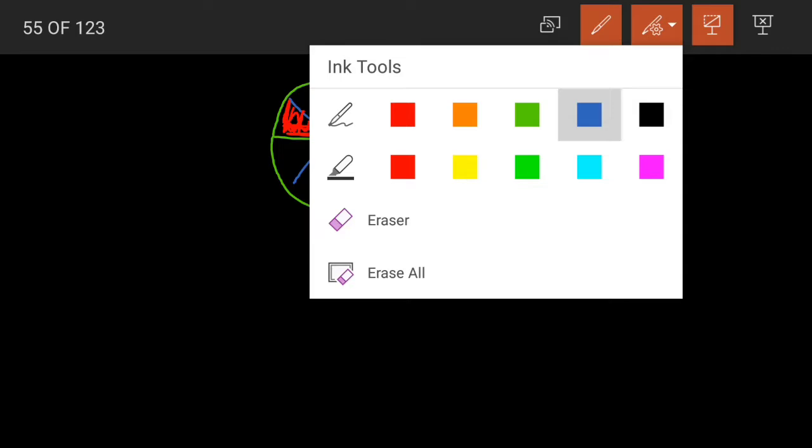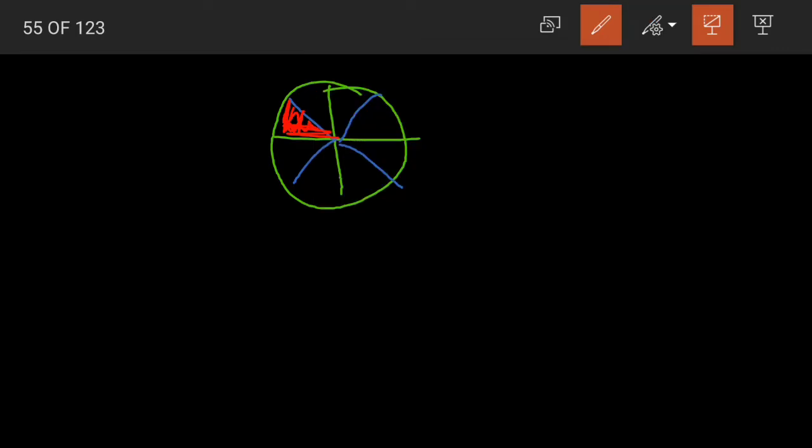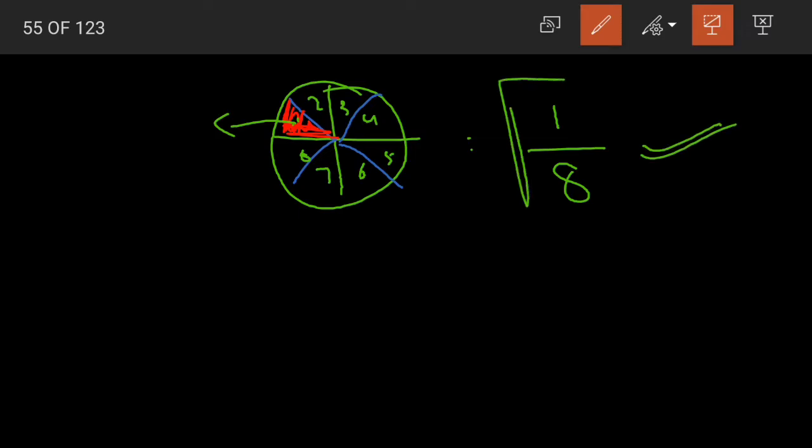Now how many parts are we having? 1, 2, 3, 4, 5, 6, 7, 8. Now the total number of parts of the apple is 8. Now from these parts, how many parts did Anil eat, children? Anil ate only one part. So Anil ate 1 by 8 portion of the apple.